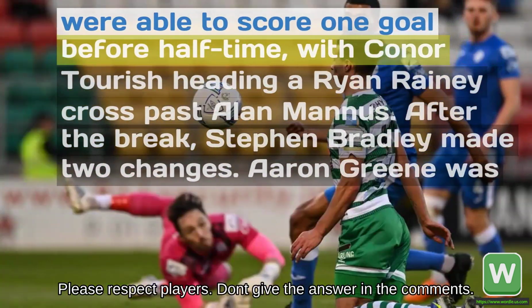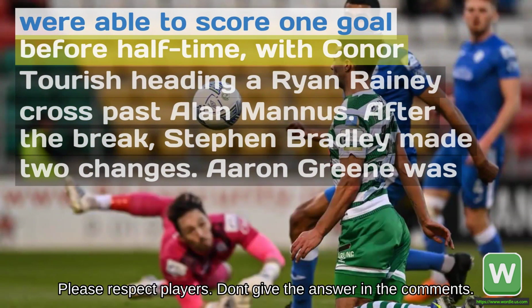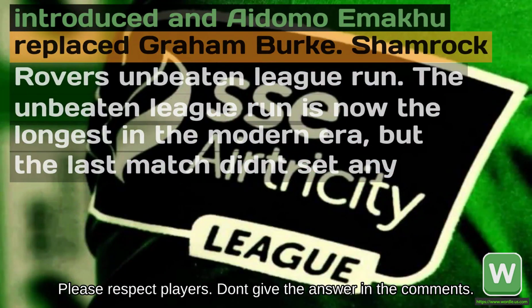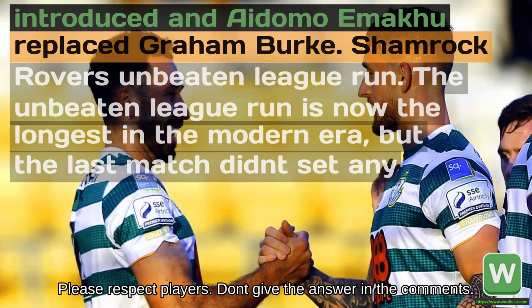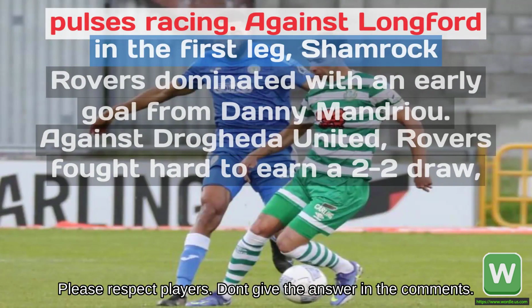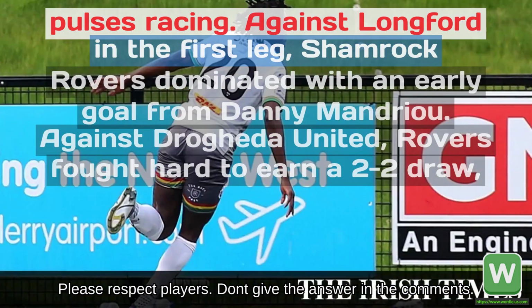Shamrock Rovers' unbeaten league run. The unbeaten league run is now the longest in the modern era, but the last match didn't set any pulses racing. Against Longford in the first leg, Shamrock Rovers dominated with an early goal from Danny Mandroiu. Against Drogheda United, Rovers fought hard to earn a 2-2 draw, but their late goal sealed a dramatic win in the final minutes. With the result, Shamrock Rovers remain top of the Premier Division after extending their unbeaten run to